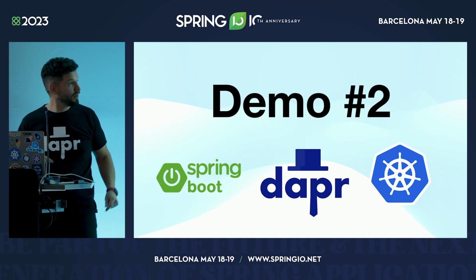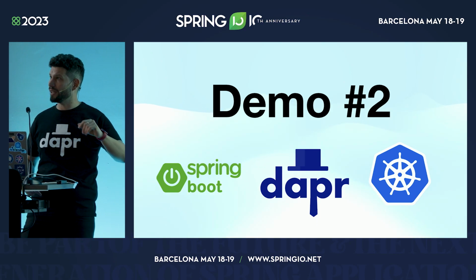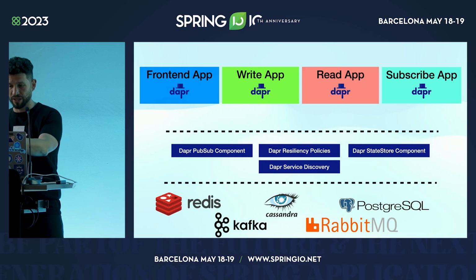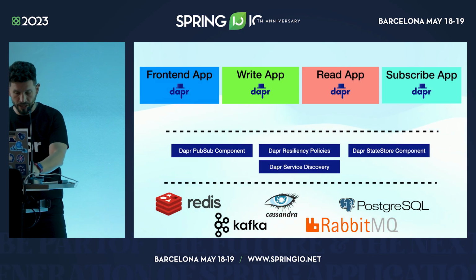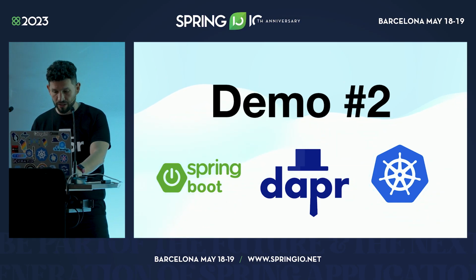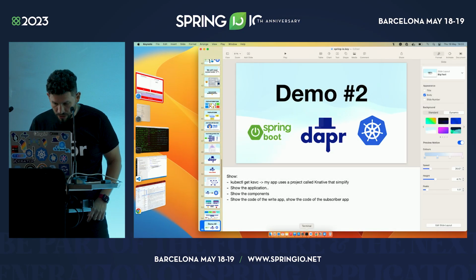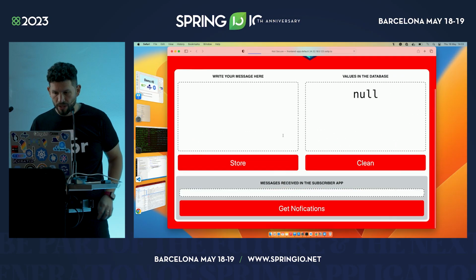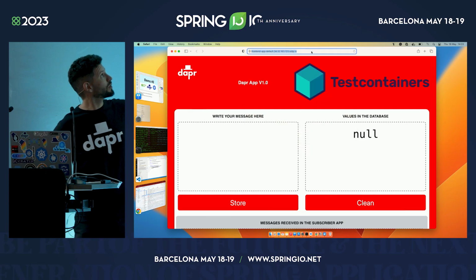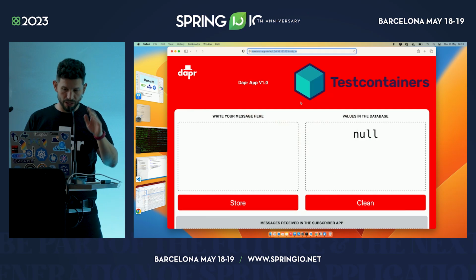So the second demo is, again, I built 3 Spring Boot applications, all the backend services: write app, read app, and subscribe app, in Spring Boot. And again, what we will see here is that I've deployed all this application into Kubernetes, and we can access it somewhere here, right? So this is the application. It's a pretty simple application. This application is running on Google Cloud. It's actually on that public IP that you cannot read, so that's good.